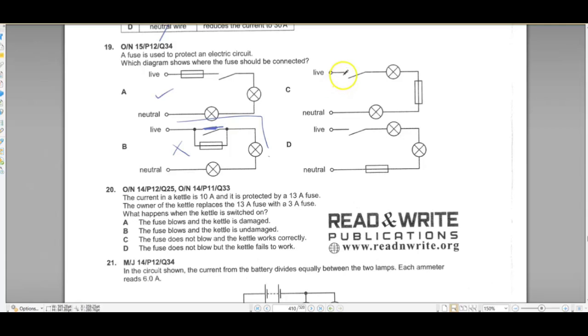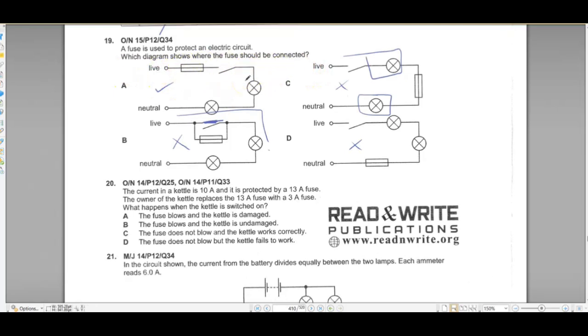Okay. In C, there is a switch before a fuse, and there is an appliance or bulb before the fuse as well. So if there is a current of more than the required value, this is going to spoil this. And only this can be saved, and some of the appliances or electrical utilities won't be saved. So C is not the correct answer, and this obviously is not the correct answer. It should be before any appliance or switch is there.